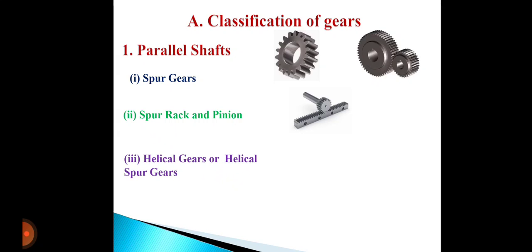Now helical gears or helical spur gears. In helical gears, the teeth are curved, each being helical in shape. Two mating gears have the same helix angle but have teeth of opposite hands. So in this figure,